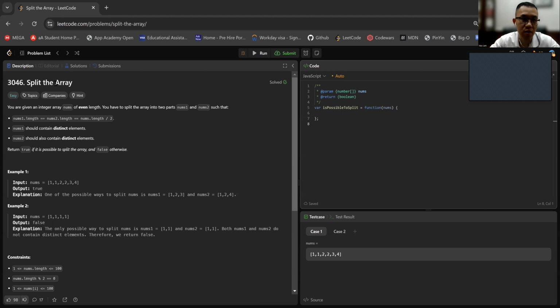Let's begin. We have to split the array today. So we are given an array of nums of even length, right? The constraints stated that the input array nums.length mod 2 will always be equal to 0. So that is a good thing to know because we need to split this input array into